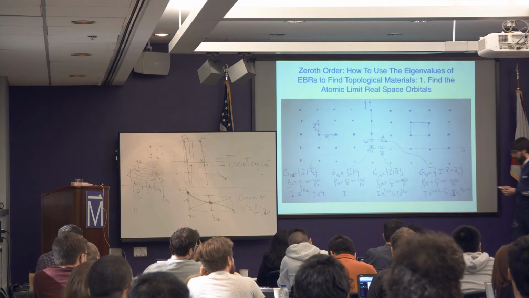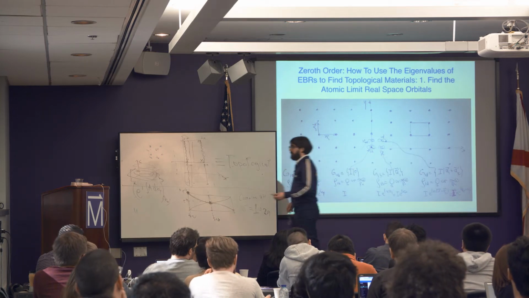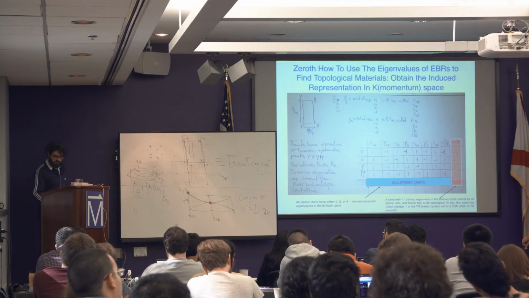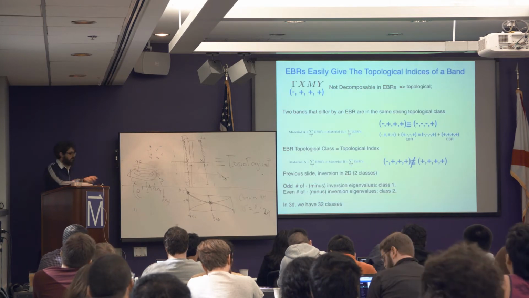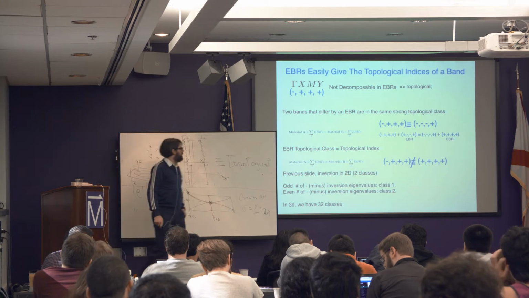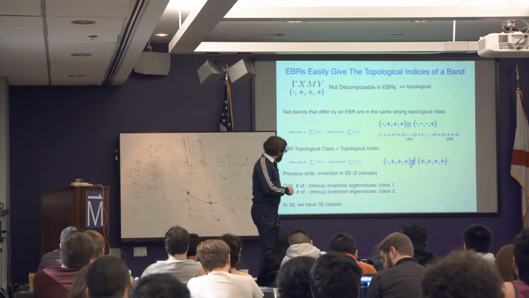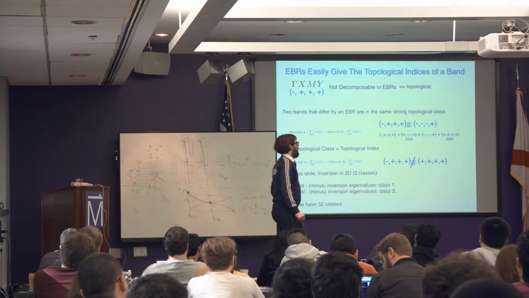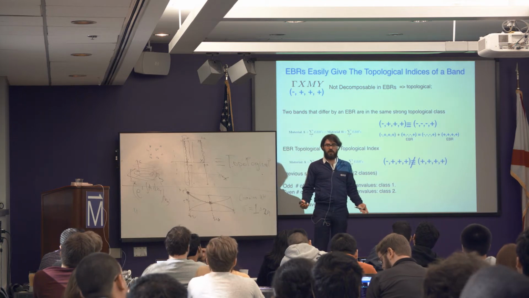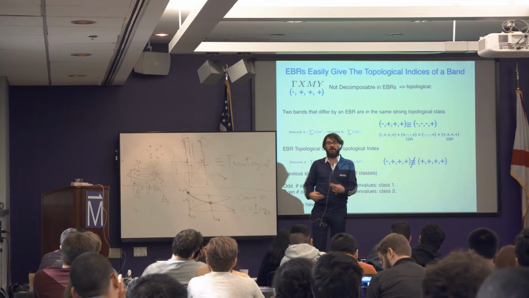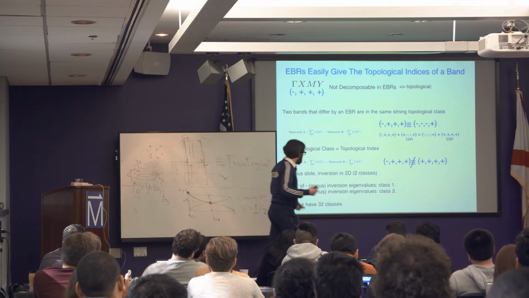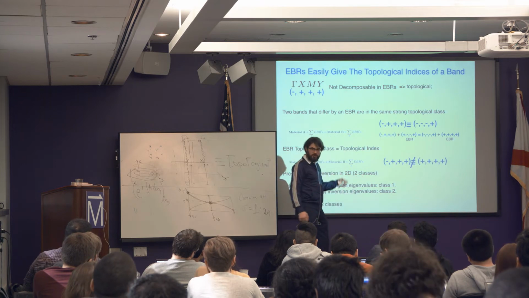Okay, so you can do this program, and then you can ask the following question. For example, you can ask, if I have two different materials, how do I know if they belong to different topological classes or the same class? That's just a linear dependence check, and actually can be performed algorithmically, but just to give you the flavor,